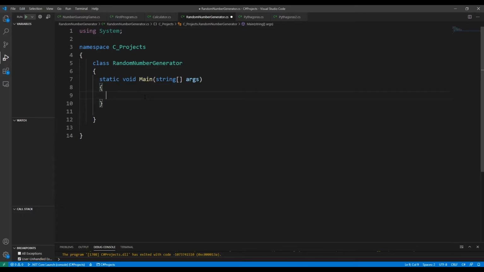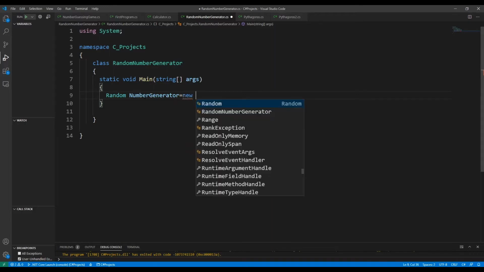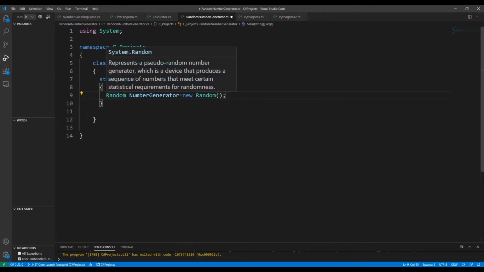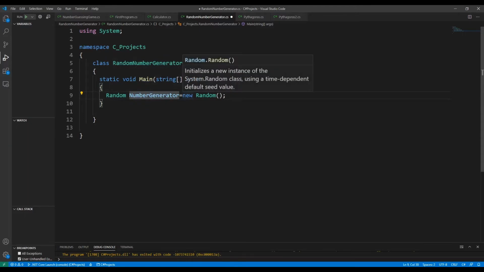So here we have Visual Studio Code open, and the first thing we have to do is use the random class, and we're going to give it a name here. So I'm going to call it number generator. I'm going to set it equal to a new random. Okay, and if you read what that says over here, you can see that System.Random is a class which represents a random number generator. Number generator is of course the variable name here, and what new does is it initializes a new instance of